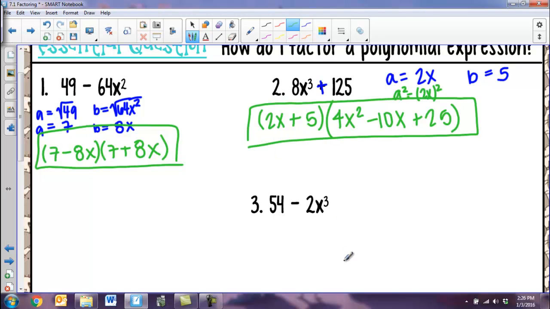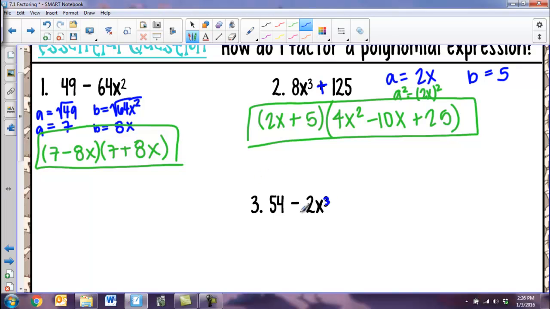And again, you can memorize that formula, or you can just think about that sign thing that changes. And then all you have to remember is a squared minus ab plus b squared. Okay, now, if you look at number 3, we automatically would assume this was a difference of cubes because I